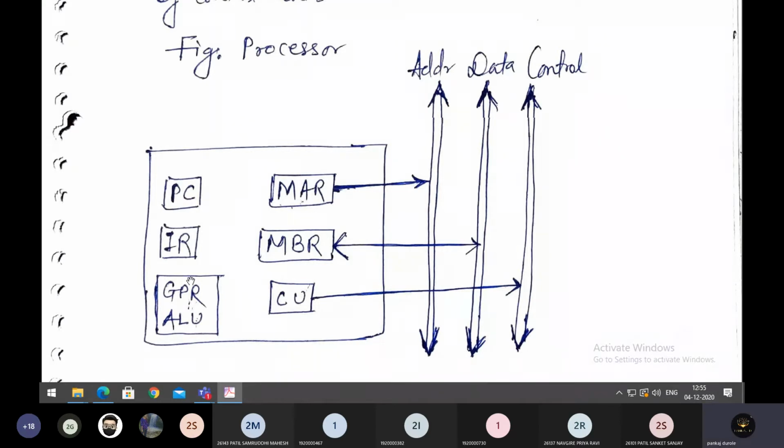General purpose registers like accumulator register, base register, count register, data register, are required to perform basic operations. And there are program counter and instruction registers as important registers available inside the processor, because the program counter always points at the next instruction to be executed. Your program, let us say, is of 100 lines.